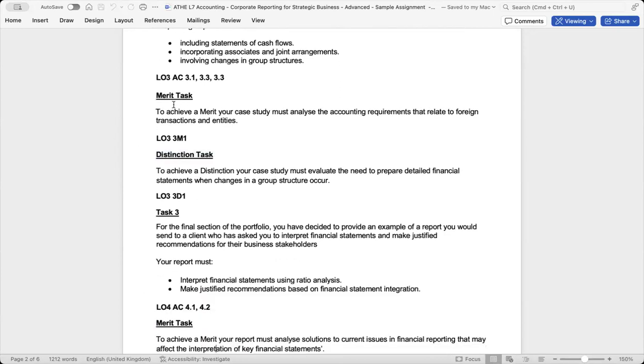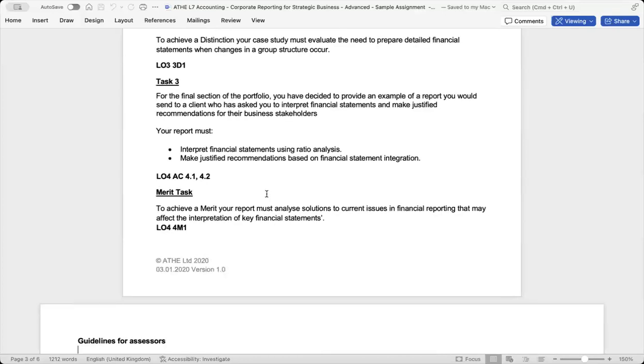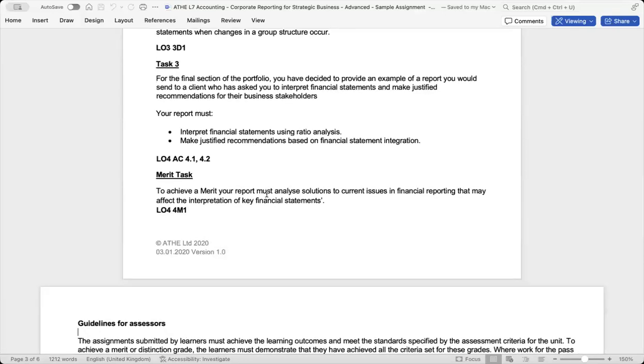So again, it says that to achieve a merit, your case study must analyze the accounting requirements that relate to foreign transactions and entities. And for distinction, to achieve a distinction, your case study must evaluate the need to prepare detailed financial statements when changes in group structures occur. Then task 3, for the final